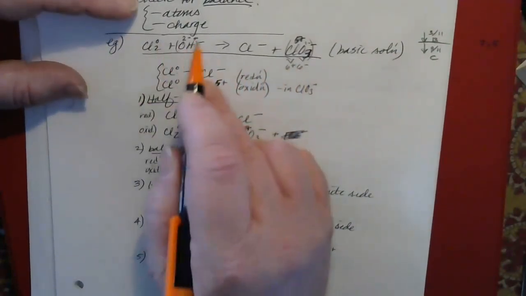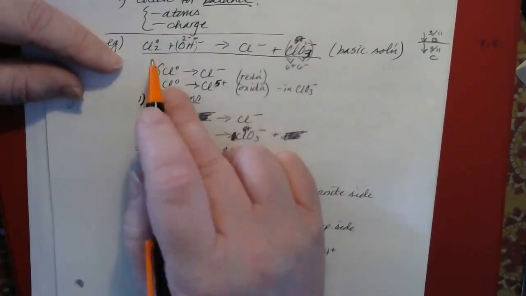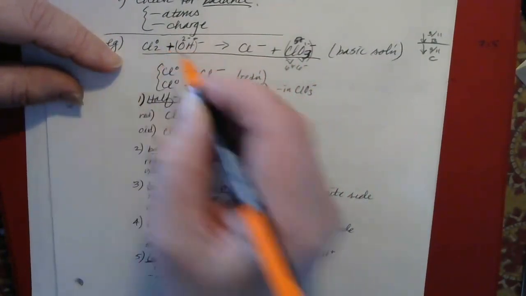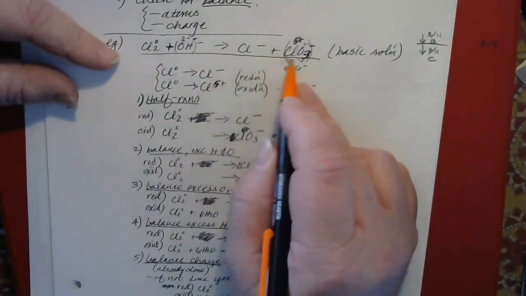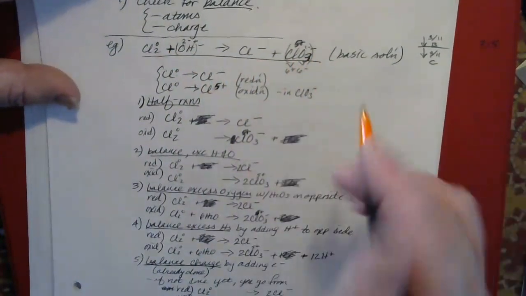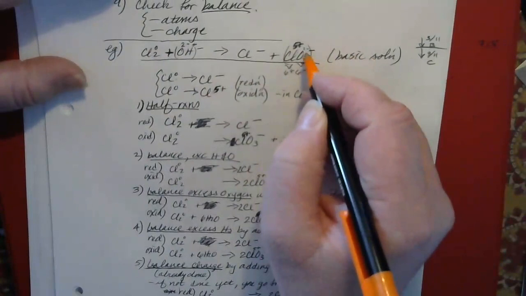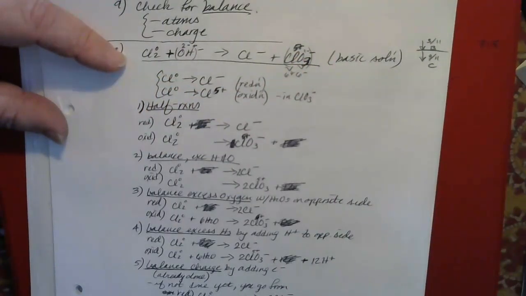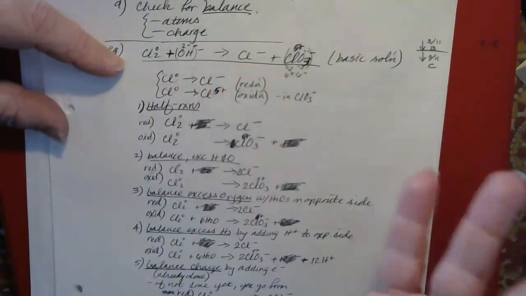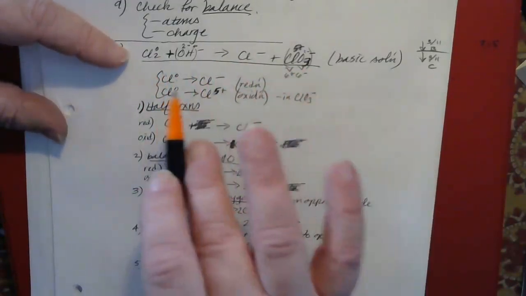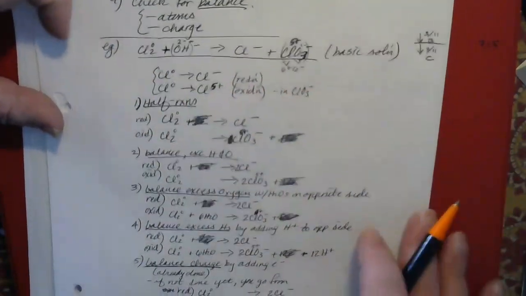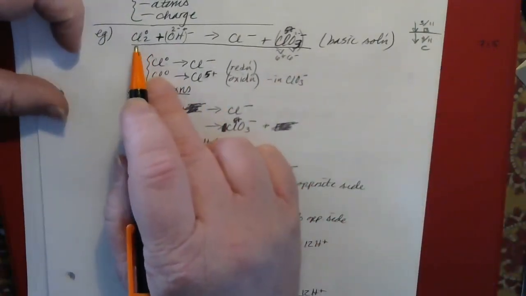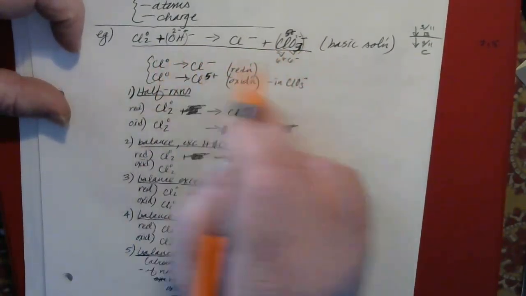So they didn't give the charges originally. They just gave the description: chlorine, the element, and hydroxide ion will react to form chloride ion and perchlorate, or sorry, chlorate, I almost made the same mistake, chlorate ion, ClO3 minus. And you have to make sure that it's balanced, and actually it is balanced with all the coefficients being 1. And then you have to find out what the oxidation states are. For a redox reaction, that's something important that you really have to know. It's interesting here that if you find out all of the oxidation states,